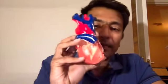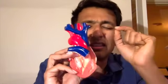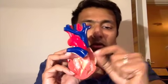However, these valves often do leak as well, okay, and we do see leaking of this valve a lot more. Now, there are lots of reasons why the valve may leak. The first thing to say is everyone's mitral valve leaks a tiny, tiny little bit anyway. And the reason it leaks a tiny little bit is because as we grow from childhood to adulthood, our chests flatten, and this alters the geometry of the valve, and that can cause a trace or a trivial amount of